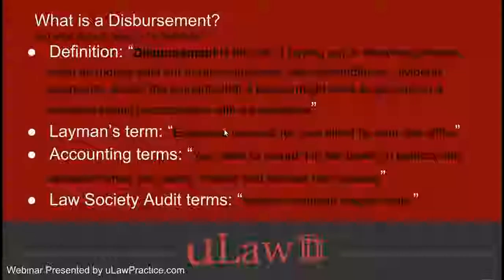So in layman's terms, the expenses that are incurred by your legal office on behalf of your client for a specific file or matter is what we call a disbursement. Okay? From an accounting perspective, the bottom line is that you are responsible for recording that particular transaction to balance your books, when you spend it, and how you actually go about invoicing it so that you can recover it